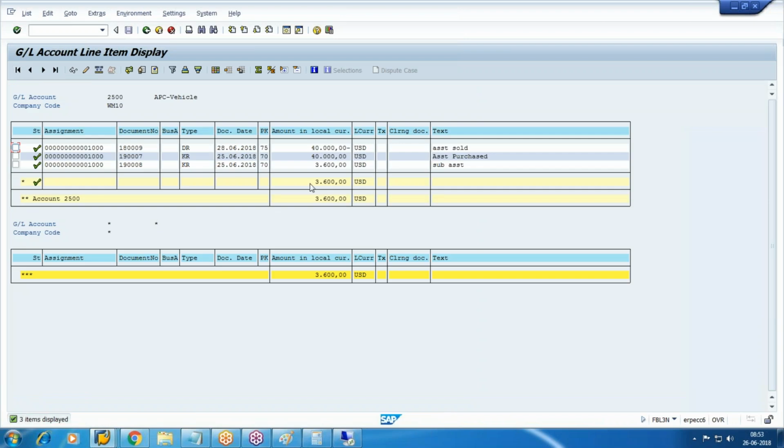Here also, right now you're having only the sub asset, 3600 debit entry, this 40,000 debit entry and its corresponding credit entry posted. Here also we did not get the accounting update, that is AA. It's only the acquisition and retirement entries that are updated. Now,